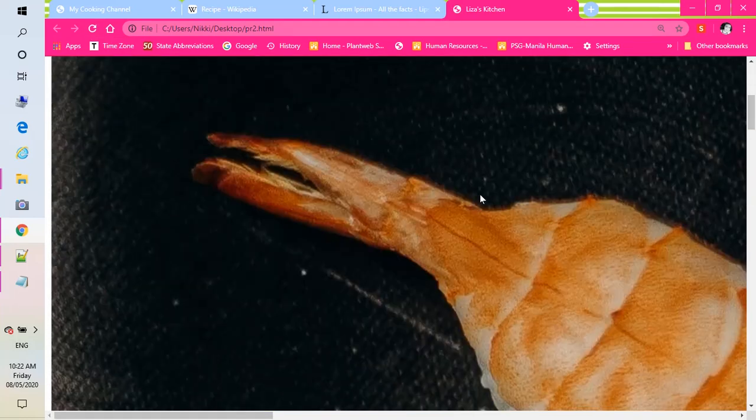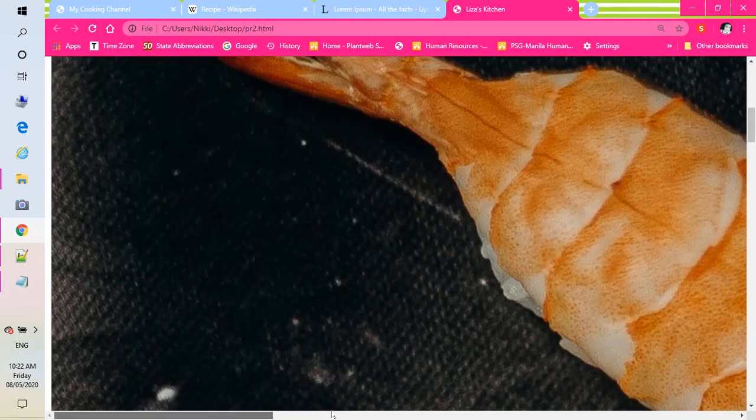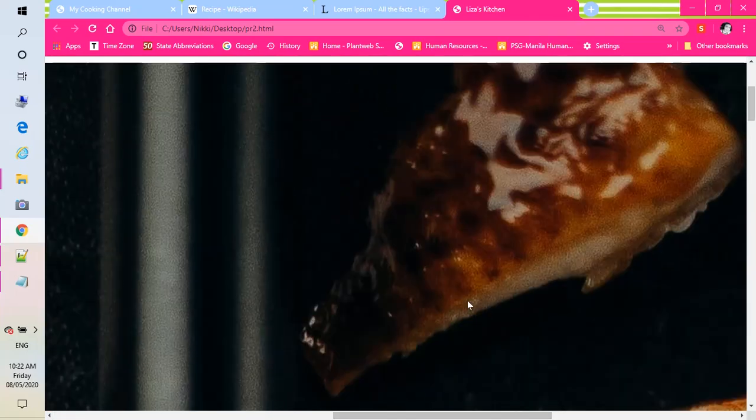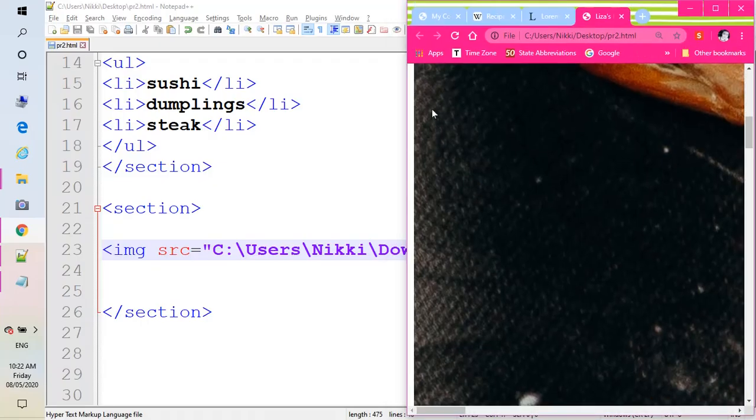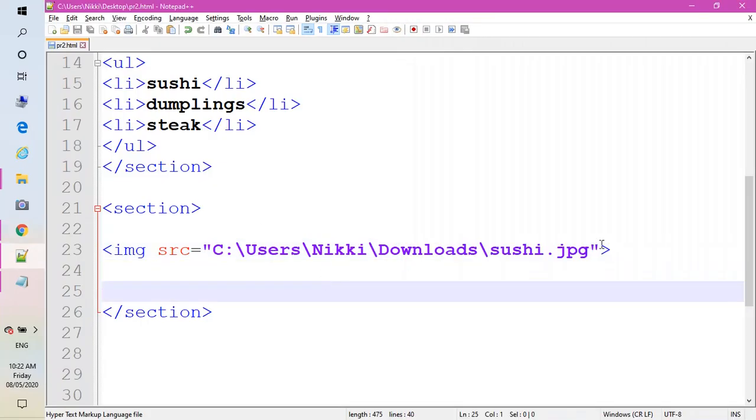Okay, this is what I'm telling you about. The picture is so huge, and it's not a good style. So just to adjust the picture or the image, right after the file name, right after the double quote, you put style